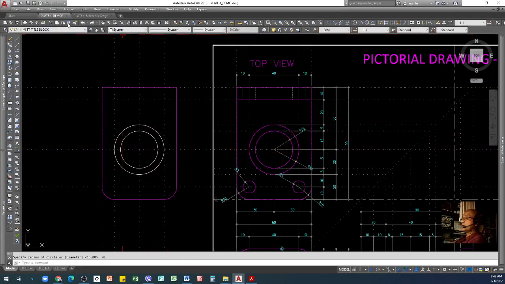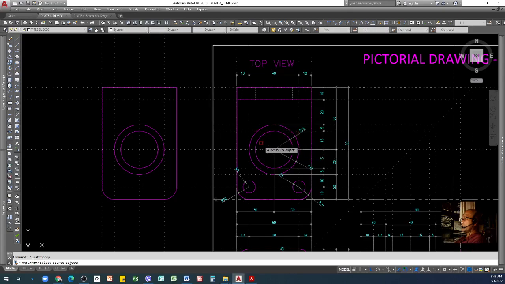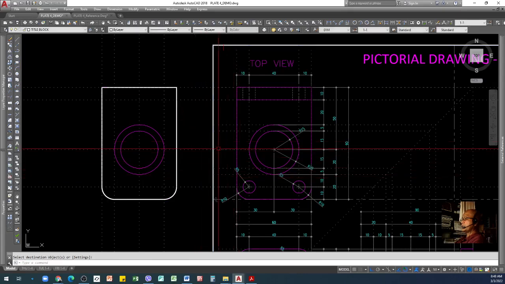And then all I need to do is just copy properties, or you can find the copy properties here, match properties. When you click this one, you can copy like this one here, white. I can click that one and then copy for this, like that.